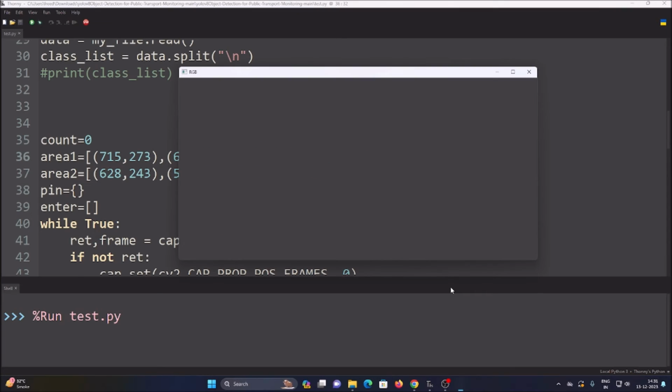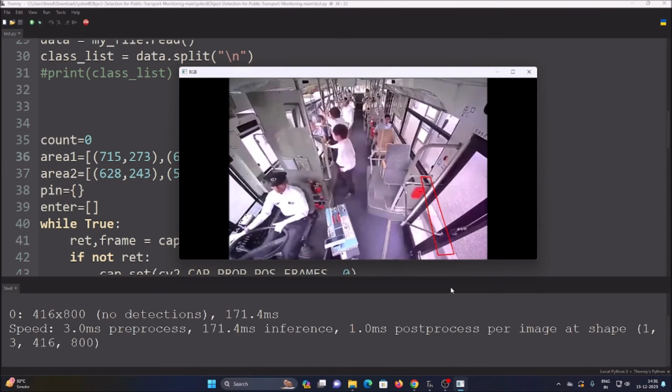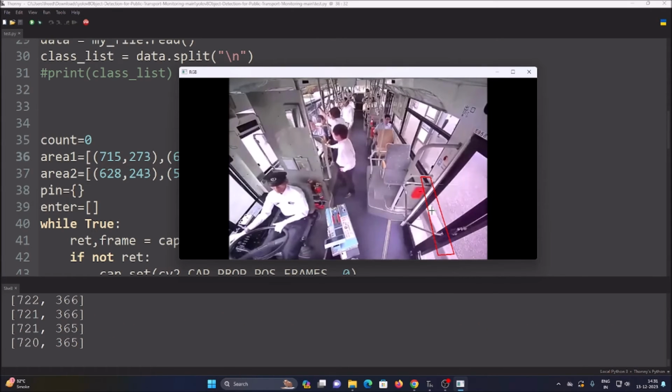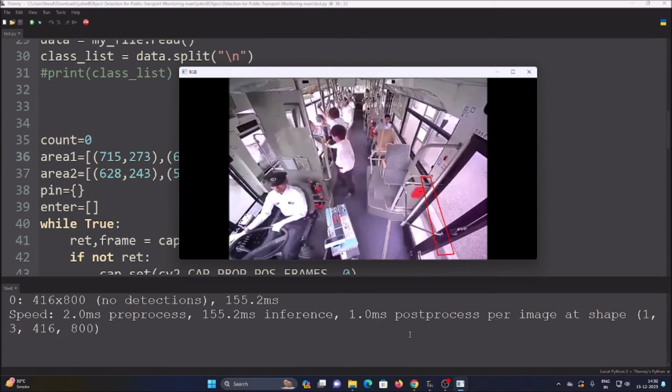You can simply change the coordinates. First, let's just draw a polyline with the coordinates, then you can change the coordinates to make the polyline area look perfect. So now it looks perfect. As you can see, it's perfect. Now if I skip a frame one by one,